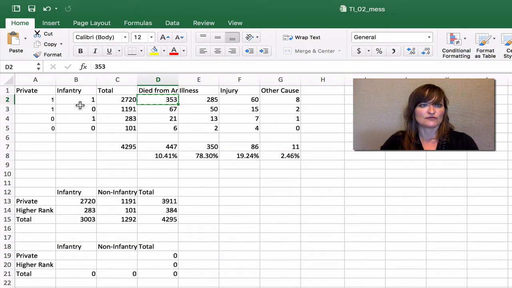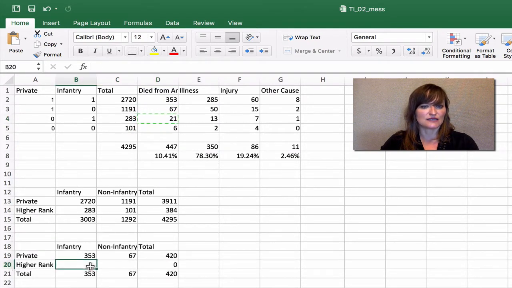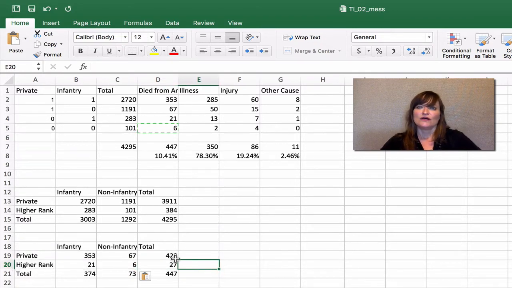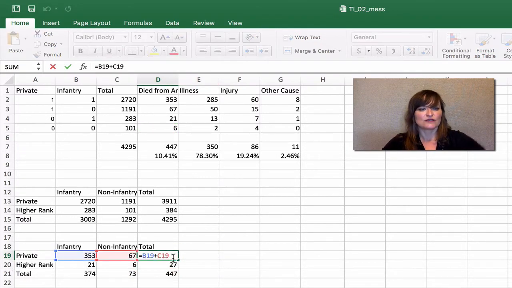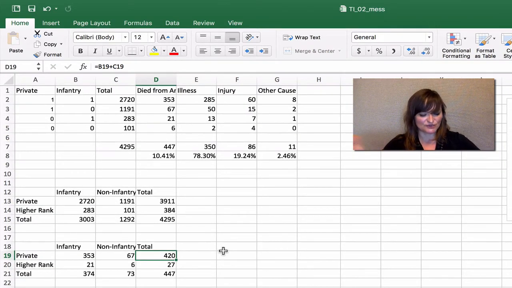So again, this is privates in the infantry. This is privates assigned to other duty. This is not privates assigned to the infantry, and not privates assigned to other duty. Just take a minute and double check that your totals, just prove to yourself that your totals are doing what they should be doing.